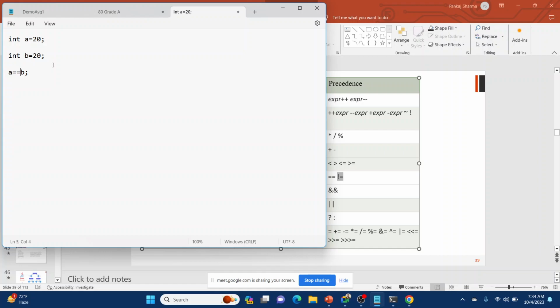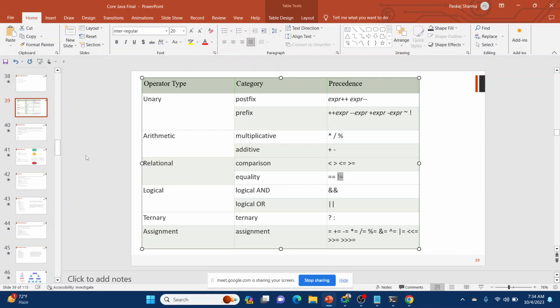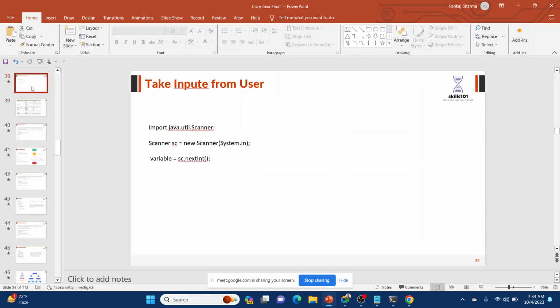So our testing program will be like this. Now, there is one more thing we need to understand before going further: how to take input from the user through the keyboard. A computer system gives output in terms of a display screen, or maybe music through speakers, and it takes input through your mouse, your touch screen, your keyboard, or your mic. So these are the inputs that a computer receives.